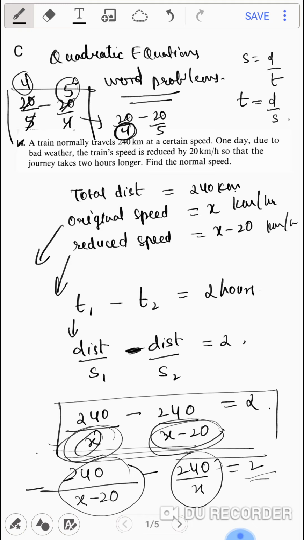You can put it into the formula. I have given you already the quadratic equation formula. You can put in the values, and first you have to make the linear equation. Once you get the equation, then you can find a, b, c and put it into your formula: minus b plus minus under root b square minus 4ac upon 2a. If you put all these values, you will get the value of x.